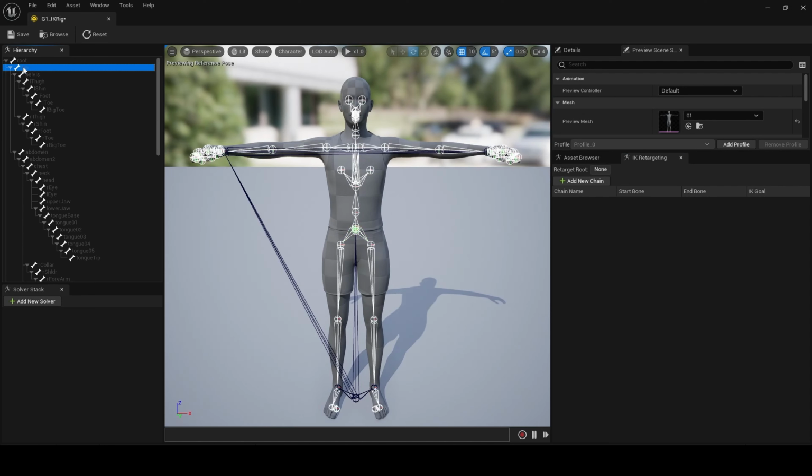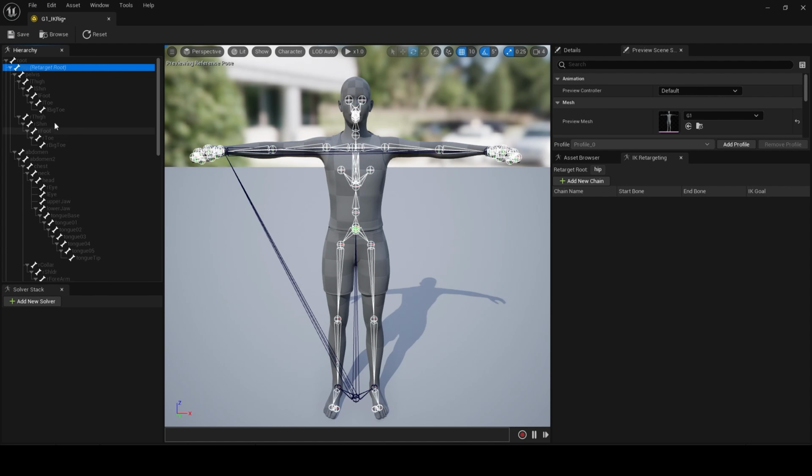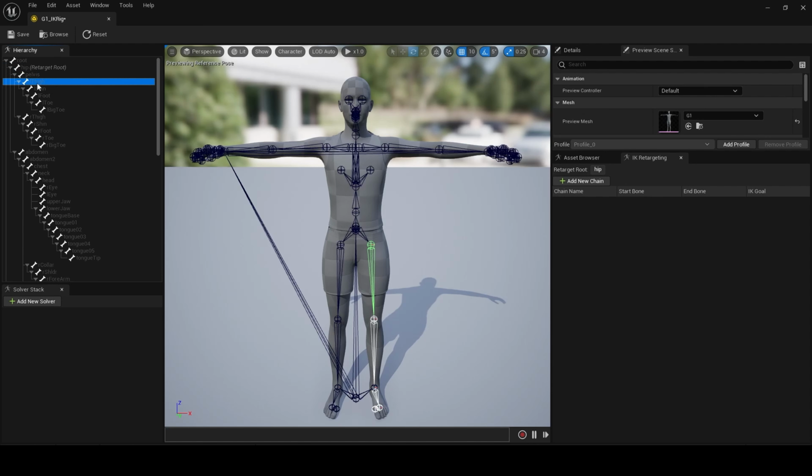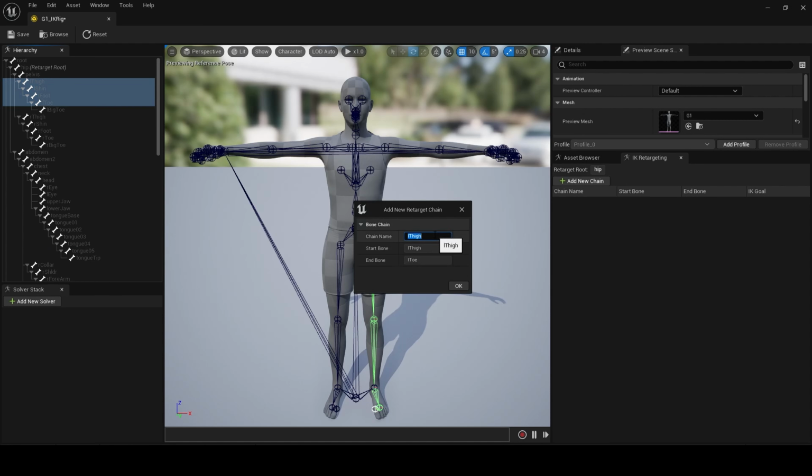First thing is we click on the hip, as with all Daz Studio characters, and set retarget root. Then with this particular one, we want to click on the left thigh, shin, foot, toe, and we will stop there. And new retarget chain from selected bones, and we want Leg L as the name.